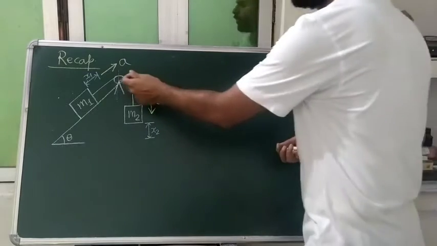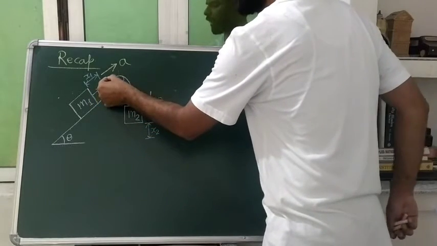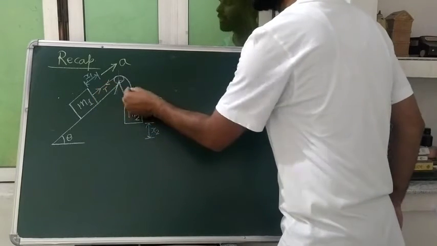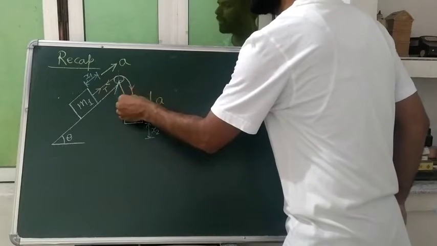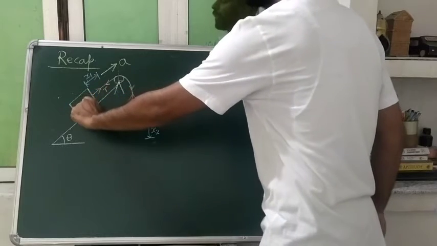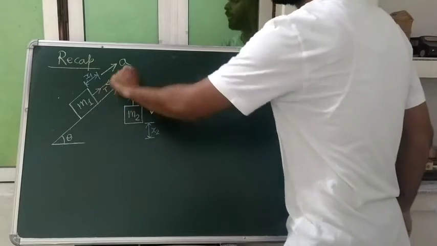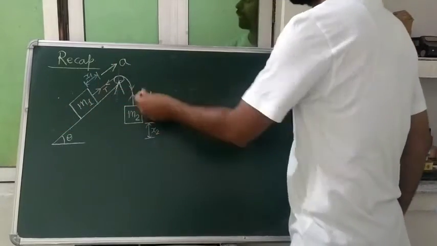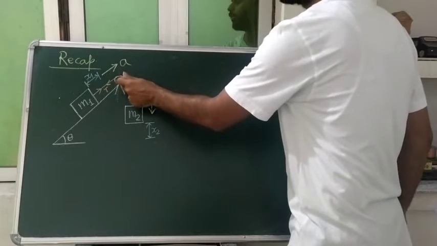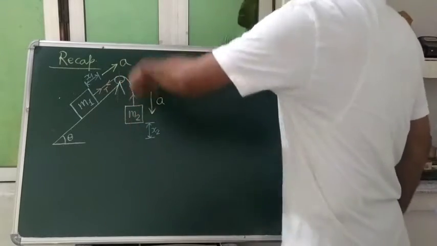So of course we will consider the frictionless and massless pulley. For a frictionless and massless pulley, the tension will be the same at both ends. Tension will be the same at both ends, isn't it, student? And for the object of interest mass m1, the tension will be along the string and it will have the pulling effect like this, and for the object of interest pulley, it will have the pulling effect in this direction. Here also the pulling effect for the pulley will be in this direction. For the object of interest mass m2, it will be in this direction.